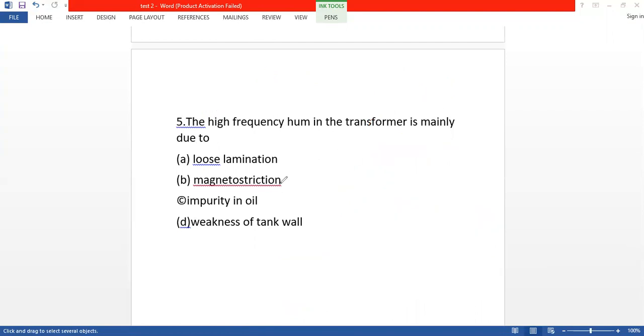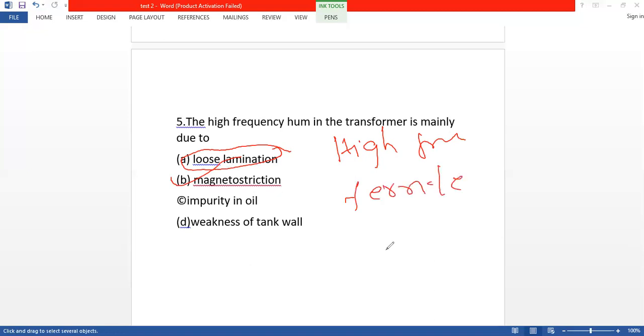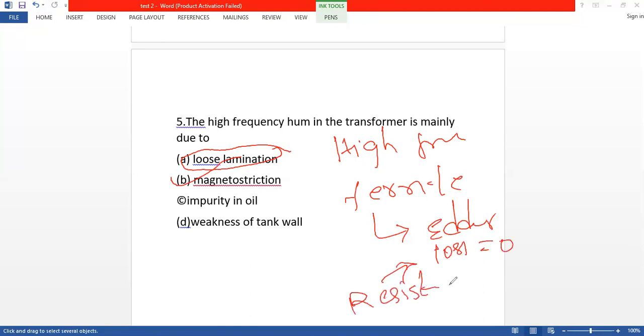So now the answer is magnetostriction. See how to avoid magnetostriction: you avoid loose connection during core stacking. They tighten the nut and bolt very strongly so that no air is present, so that the sound will be less. And coming to high frequency, which type of core is used? Ferrite core is used. Okay friends, ferrite core. Why ferrite core? Eddy current loss is 0. Why? Because resistance is very high. Resistivity is ideally infinity. In normal conditions, very high. Hope you understand this.